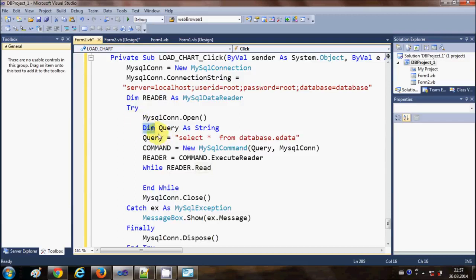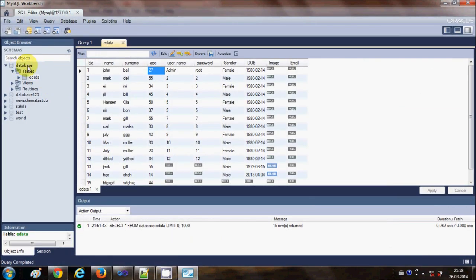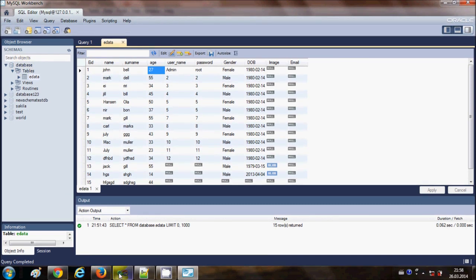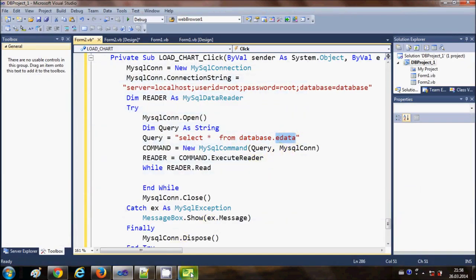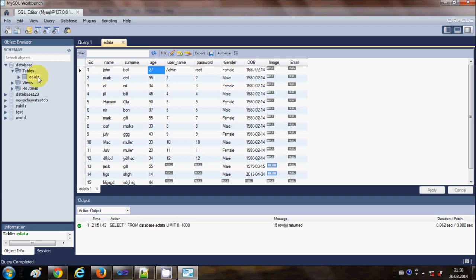So next I have declared a query string. So this query variable, which is a string, will contain my query which I sent to the MySQL database. So I will write query is equal to the query select star from database.edata. So database is my database name, you can see here, and edata is the table name. Okay, so this is the table name,